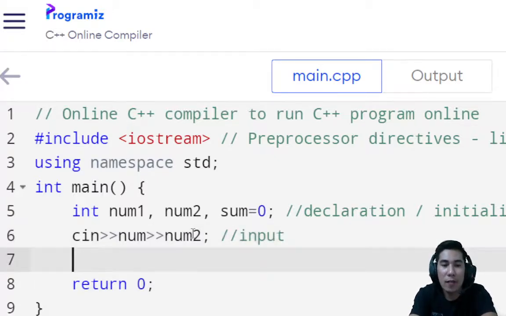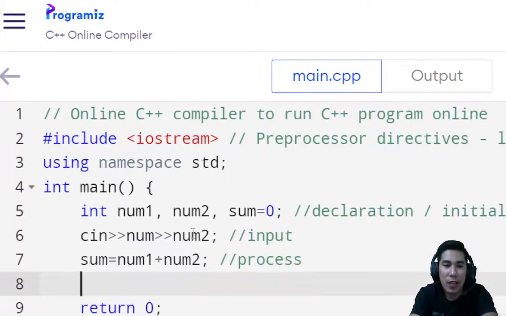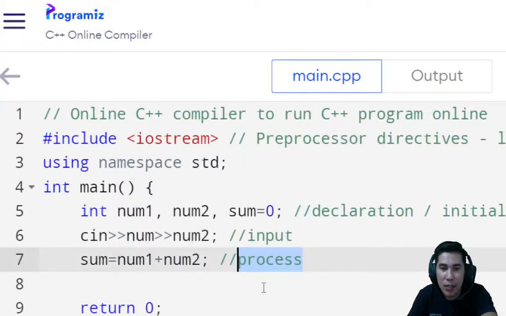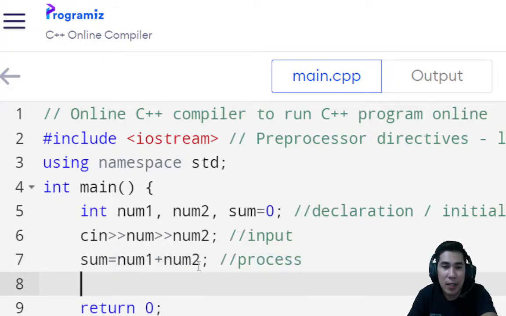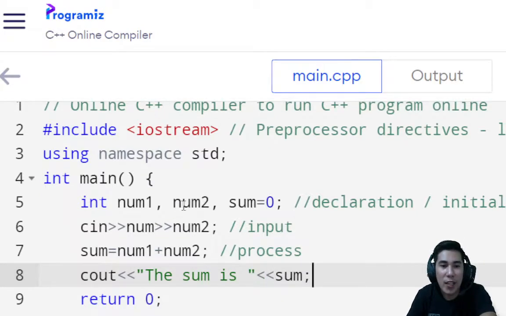Then you have here, let's say sum is equal to num1 plus num2, and this is now your process. This is represented by a rectangle, while input is represented by a parallelogram. And then let's say output that: the sum is, and then sum. So when you run this program,